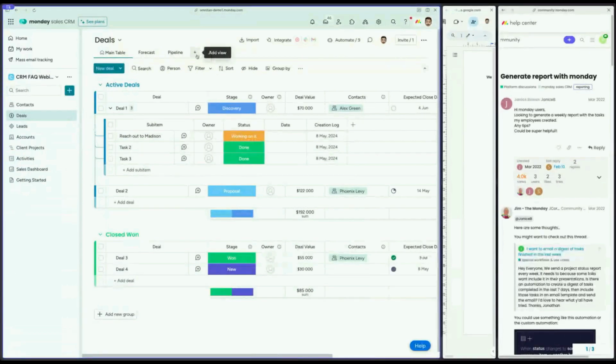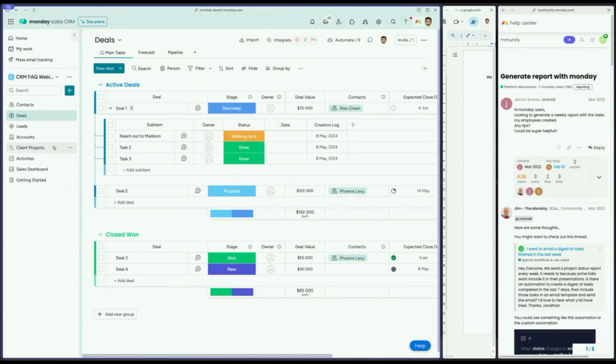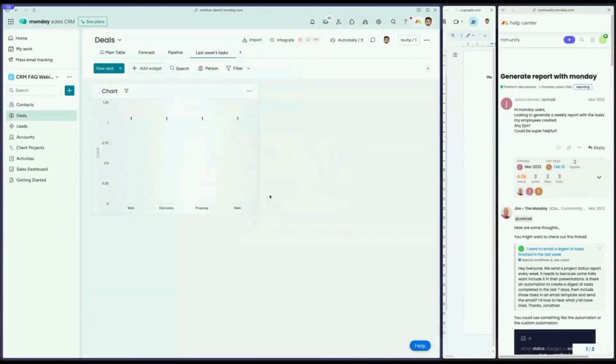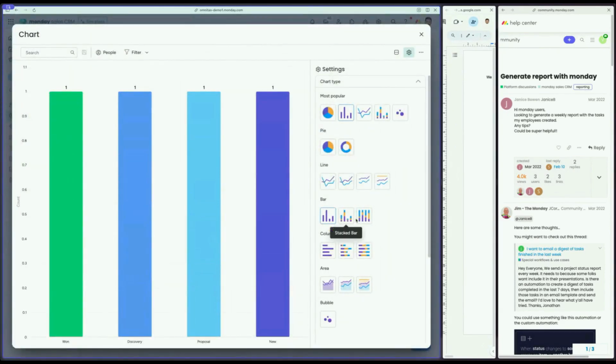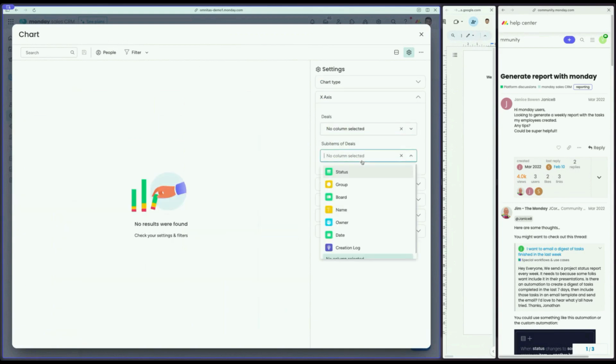Now we want to have an overview of all the tasks that my employees created. So then I want to create a blank view, and I'm gonna call it last week's tasks. In here, I will just add a widget. First, add a chart widget saying how many of something was created. So let's go for